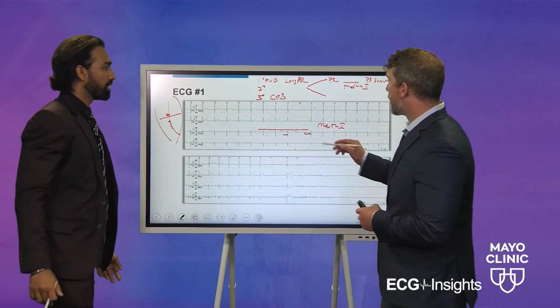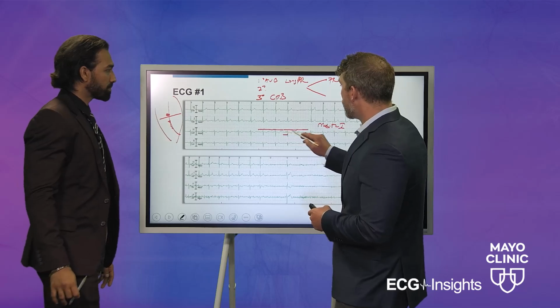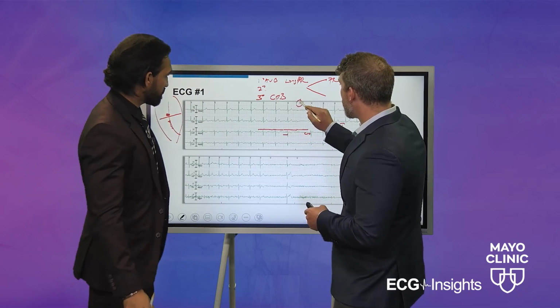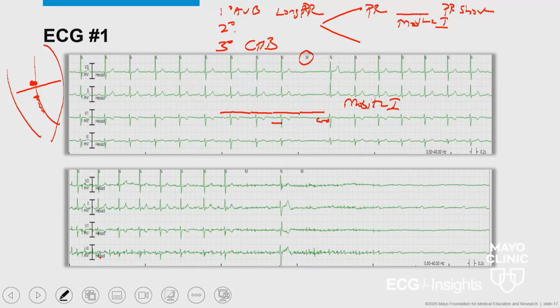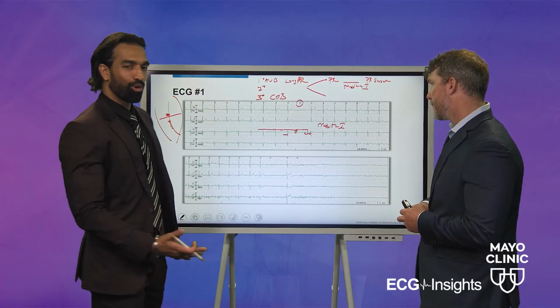No, I think one of the big things you pointed out, so you have your Mobitz beat here, this is an example of an inpatient telemetry strip. The computer did a good job of just saying it's a Mobitz beat, and we need to dive a little bit deeper into what you were just describing. The PR is longer here. We have our drop, then we have a shorter PR, and so we have just an intermittent episode of Mobitz 1. Exactly. Yep. And then the second one is a lot more concerning, right?